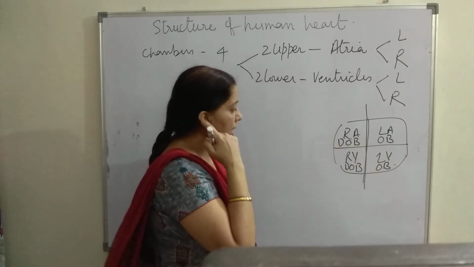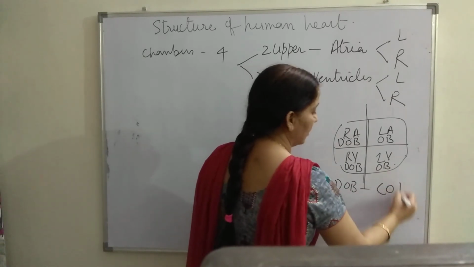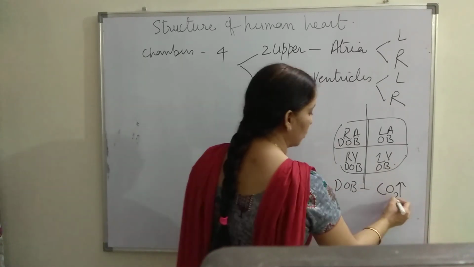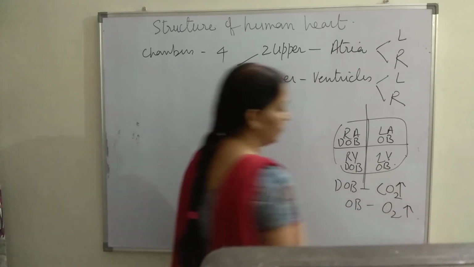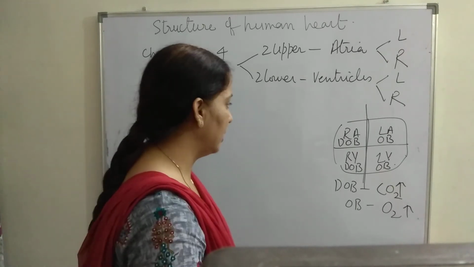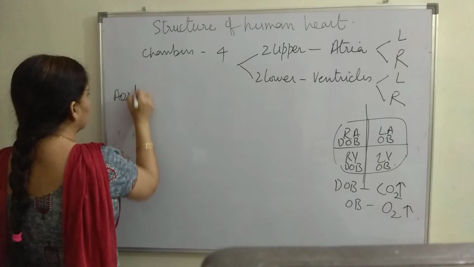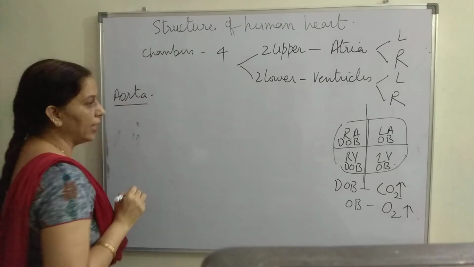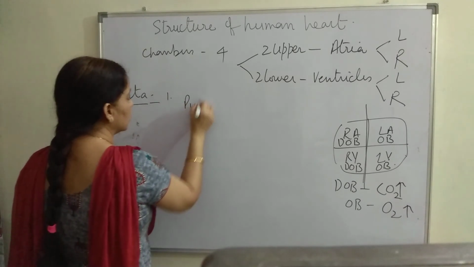Let me make it clear. Deoxygenated blood has a higher concentration of CO2. Oxygenated blood carries a higher concentration of oxygen gas, right? That is why they are called oxygenated and deoxygenated blood. Then we have 2 big blood vessels which are called aorta. They arise from the heart, and there are 2. One is called